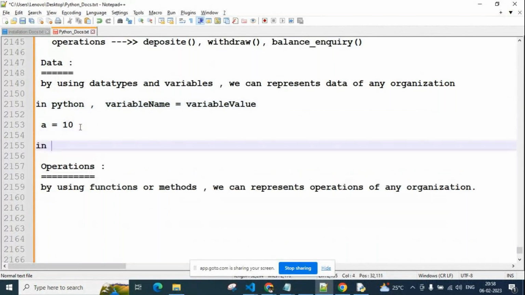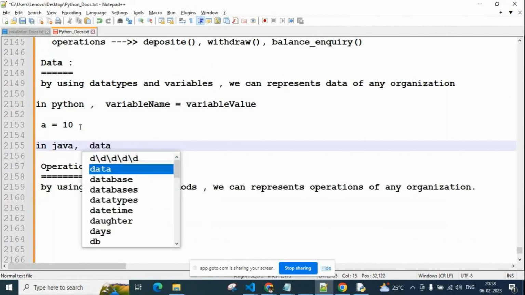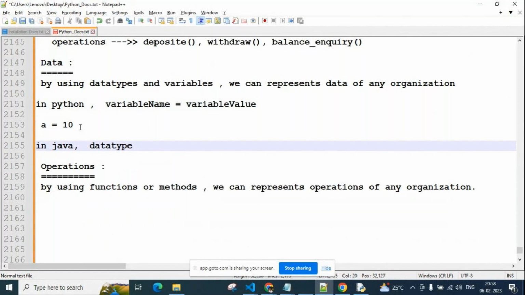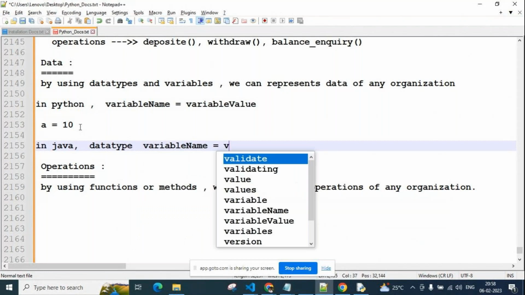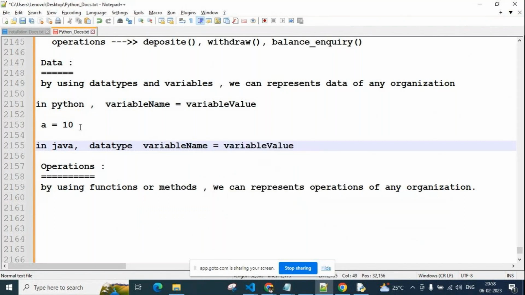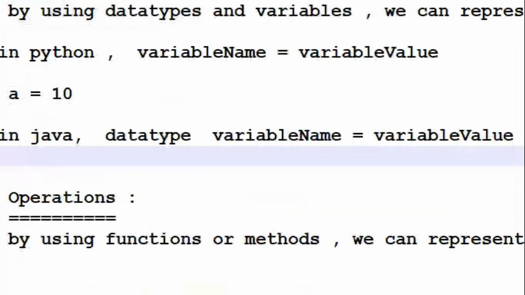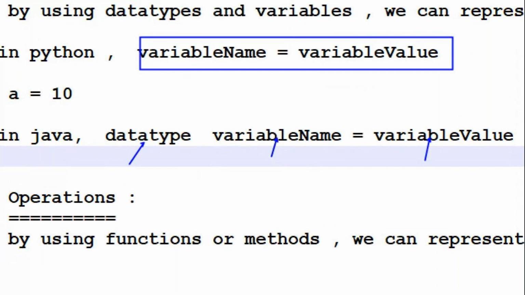In Java, we write differently. Data type followed by variable name equal to variable value. This is the Java syntax. Data type is required, variable name is required, variable value is required. But in Python only name and value is enough.